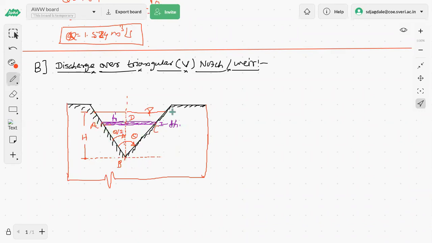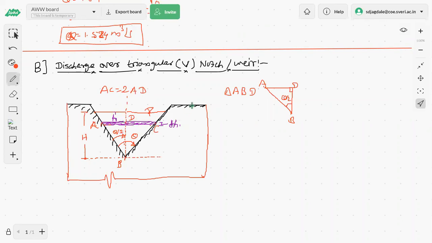this one on the left hand side, the triangle ABD. So from the triangle ABD, I'm trying to develop some relationships here, and I'm assuming that the water surface is horizontal. This angle is theta by 2, this is 90 degrees. This is A, this is B, and this is D. Again I would like to say that AC will be equal to 2 times AD, or 2 times CD.